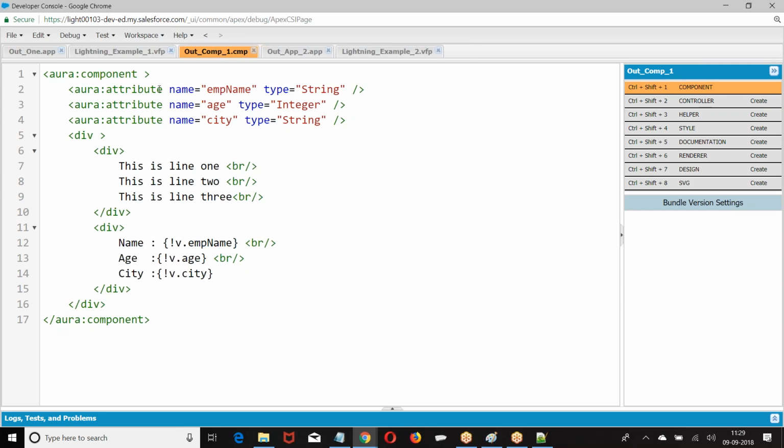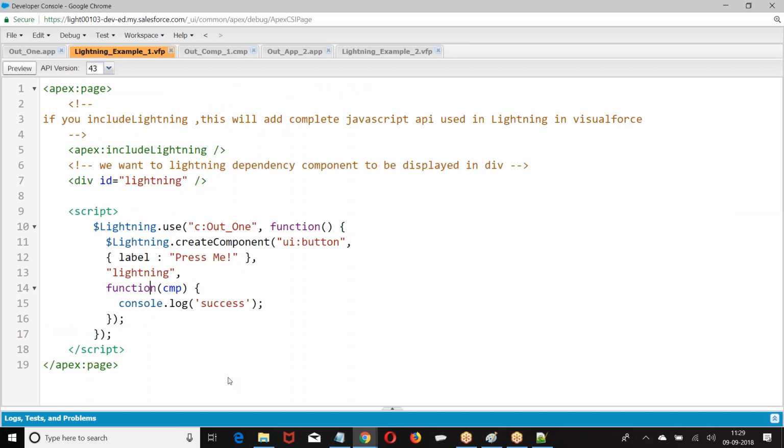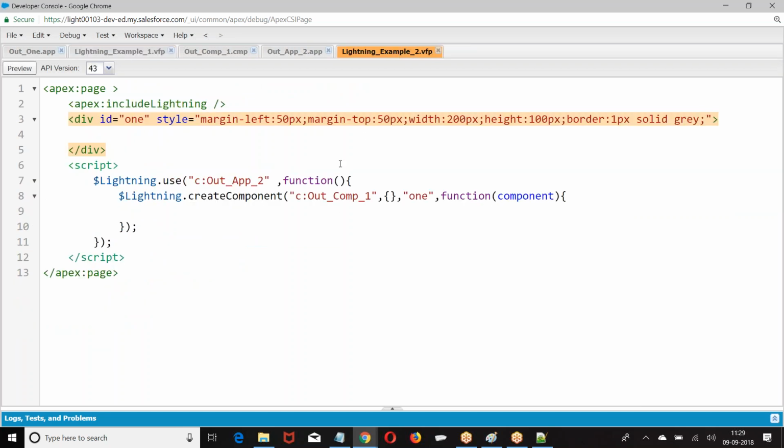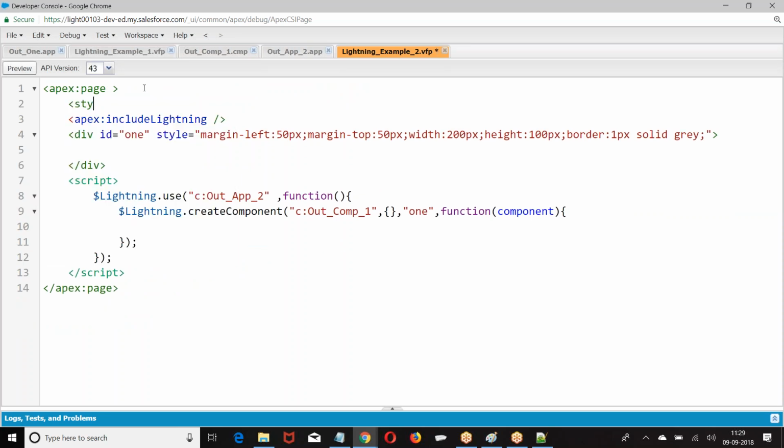First I'll do this. So we have a component with attributes. Can I apply all these in a separate style here instead of putting them in a single line?